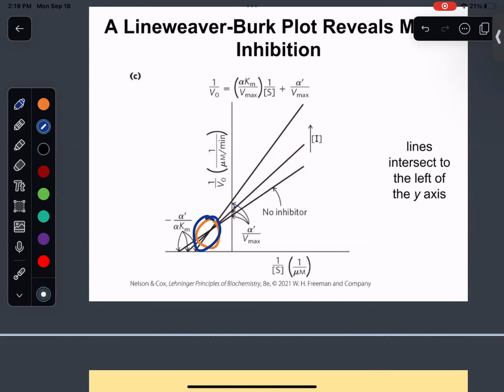As we said in the last slide, the inhibitor's affinity toward one or the other, the enzyme or the enzyme-substrate complex, can have a huge effect on whether the Km goes up or down. And we're going to use the same reasoning that we did to explain uncompetitive and non-competitive inhibition. We'll jump more into how to distinguish as we get into practice problems, because that really is the best way to do it.